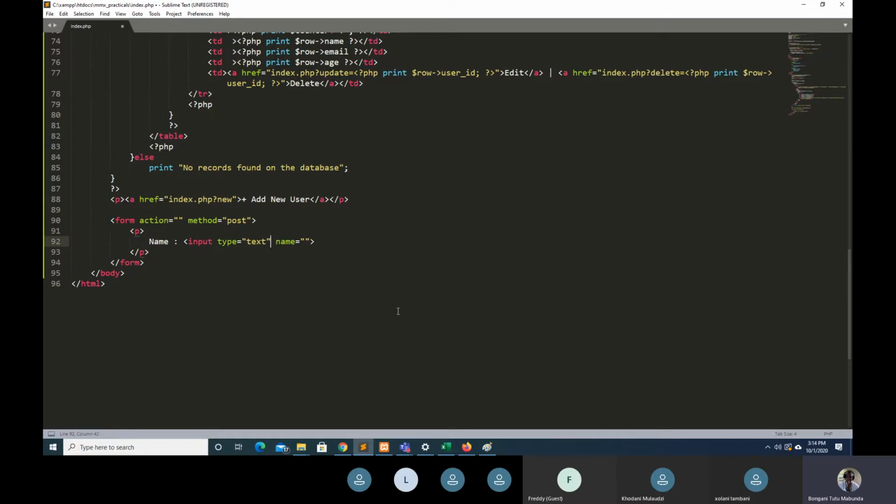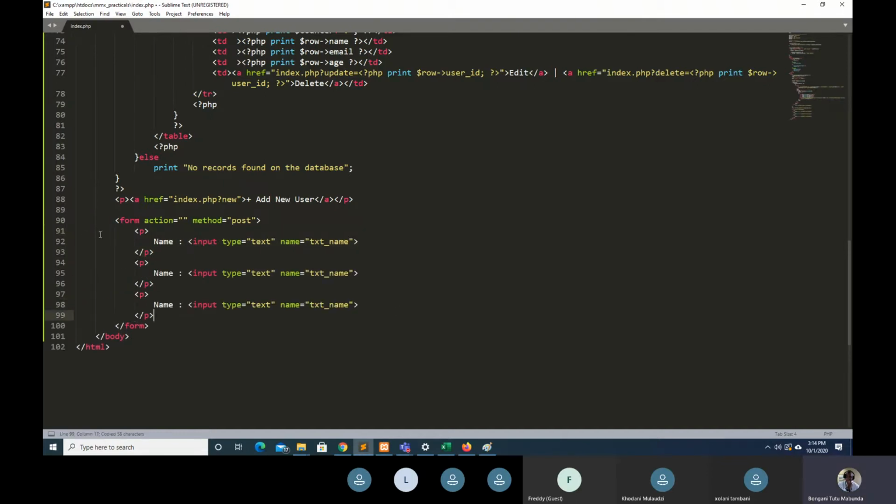The text input is called txt name. And I'm gonna get this again. I'm gonna duplicate it 3 times because I need the age, I need the email. Duplicate it again, I need the